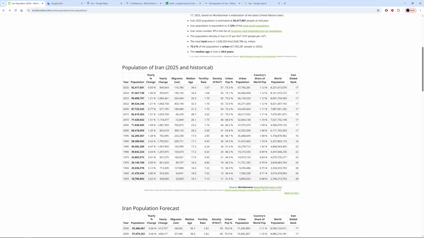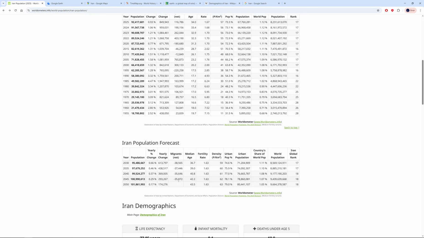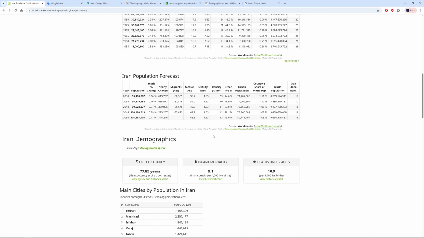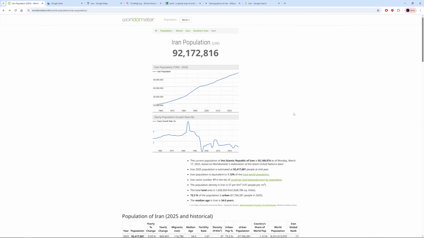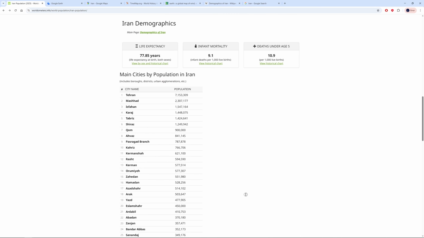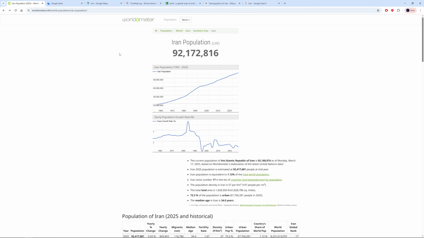But look at this, Iran's population was 18 million in 1955. That should be around, let's say, 25 million today, but they went up so fast, and now, like I say, everything that goes up that fast is gonna go down equally as fast, if not even faster. So we're gonna see what's happening in Iran in a few years, but I think by 2050 you're gonna have a good picture of where Iran is going, especially when you see the population actually going down, you're gonna have a better picture of what's happening with Iran in the future, and also by the end of the century.